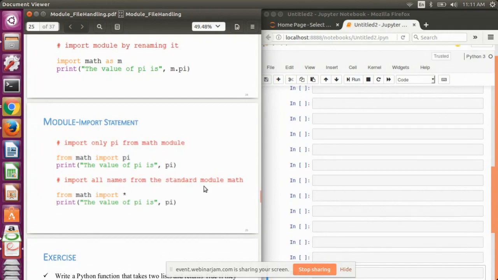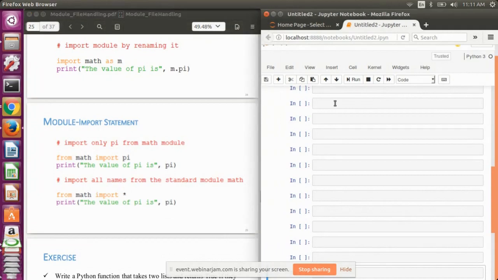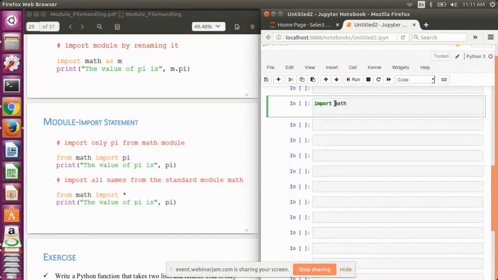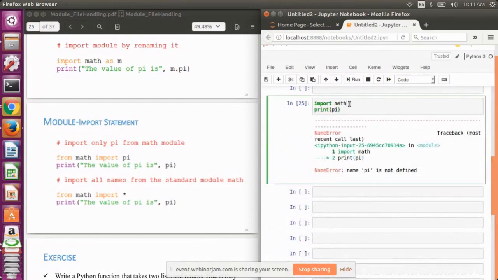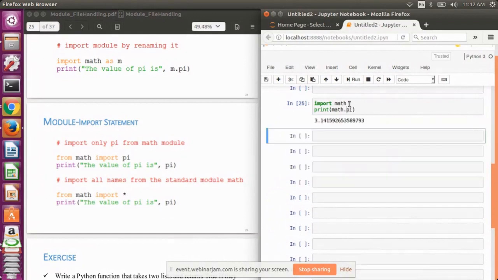So if I show you here, import math, without the prefix, if I print the value, it is 3.14.